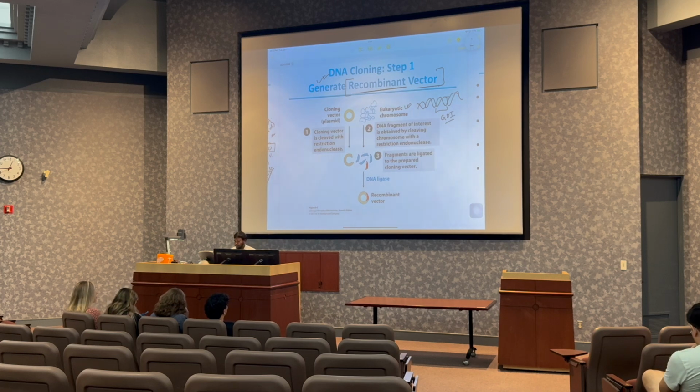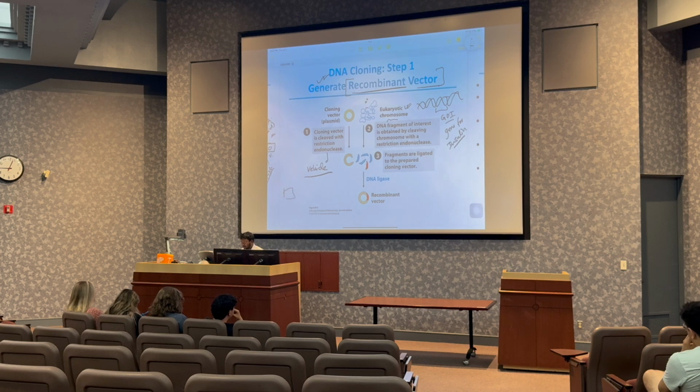So imagine if you want a gene for insulin. Okay, so you will take the insulin gene from the whole eukaryotic chromosome, which is indicated here in red color, and you'll try to see if you can ligate that in a vector. Vector is like a vehicle. Okay,